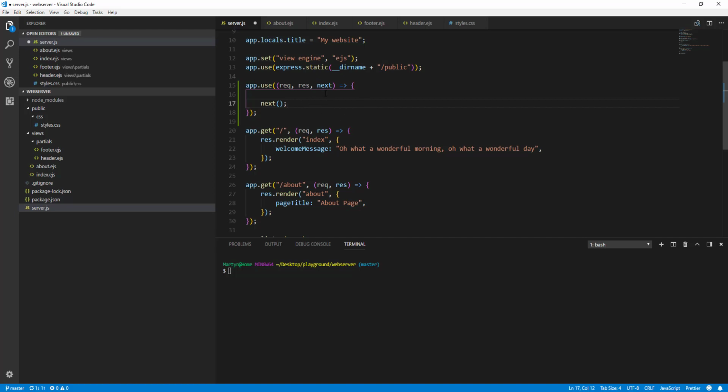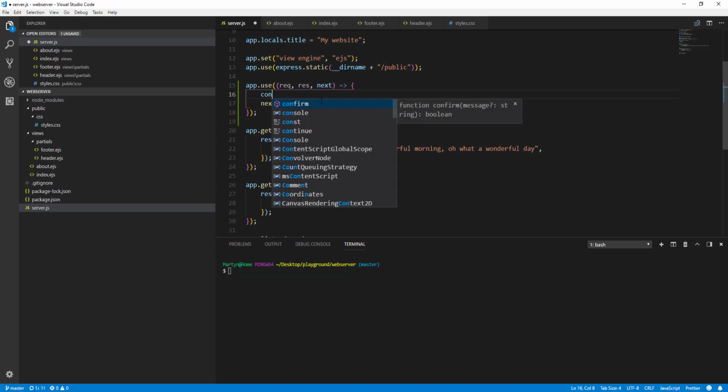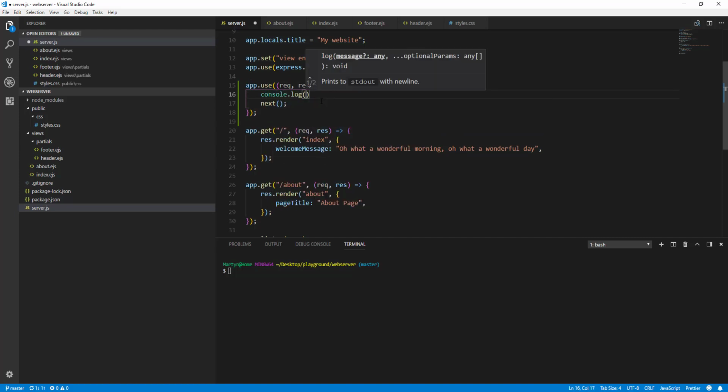So the way this would work, when somebody's made a request, say for your homepage, say they've made a request to the route, it would run through this first. So anything you put in here, say you want to do console.log hello, something silly, something simple like that. Then we'll start the server, nodemon